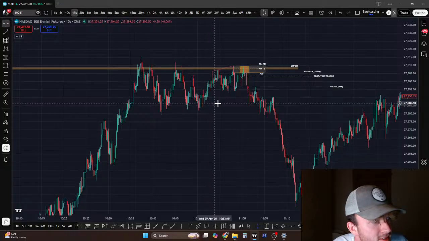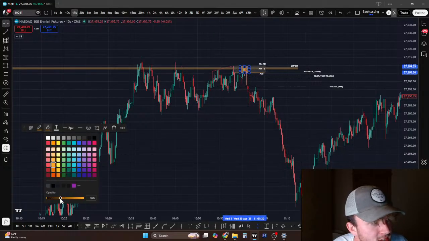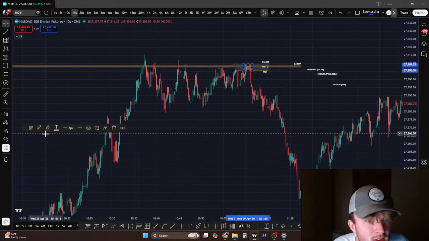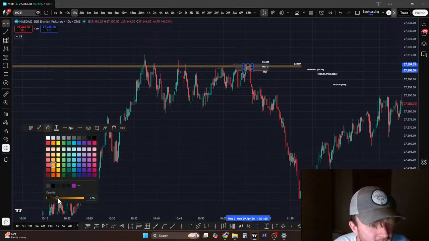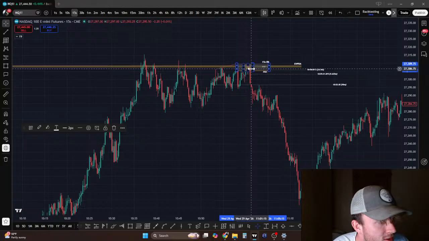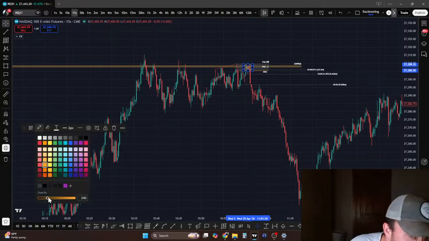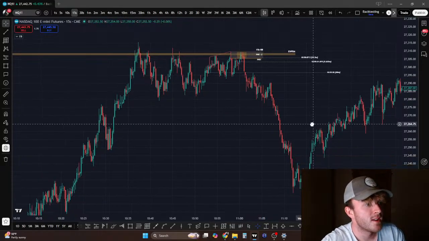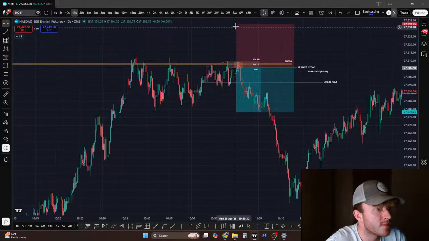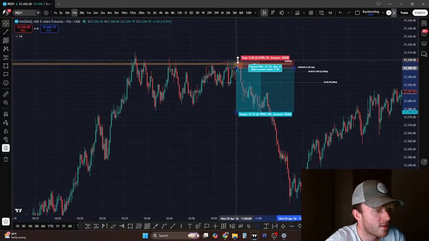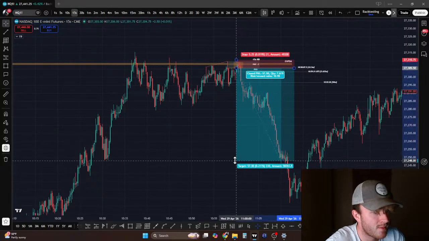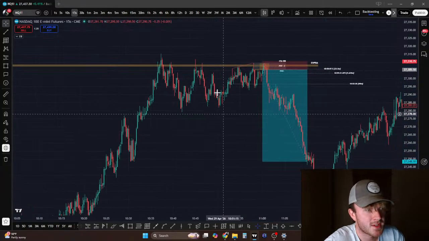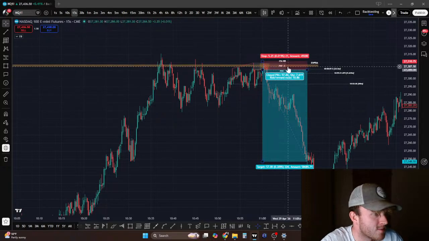Where is the box? There it is. Okay, I need to actually switch this template as well. It's legit. First time seeing this model in action. Yeah, look up Powell Trades. You ever heard of him? He is rich as heck. And you know why? Because he trades a really good model. But this is a very high RR style, which is why I don't trade like this all the time. And yeah, I'm just marking this out. Once again, I just find it fascinating, the precision in these markets.